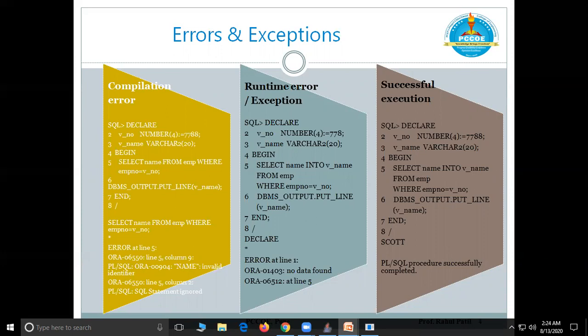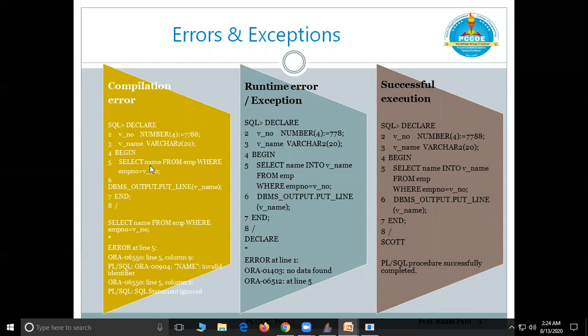In the first example, you can see that there is a problem with the syntax of the select query. The select query written here is: select name from EMP where EMP number equals v number.